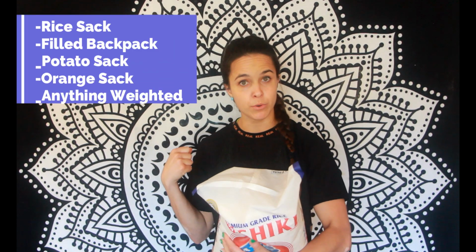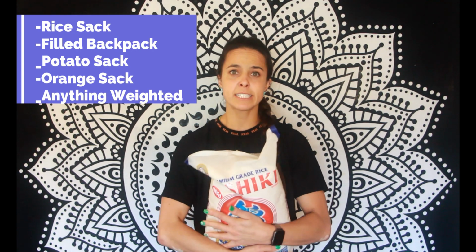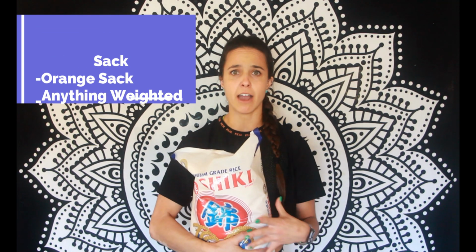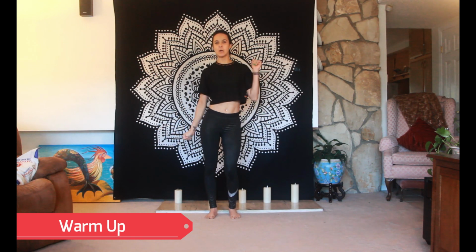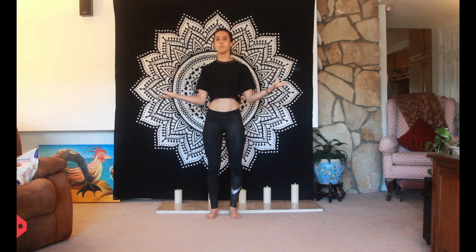bottles. Maybe you have a sack of potatoes or a sack of oranges. Just be creative with what you have in your house that actually is going to weigh something that you could use today. And let's get lifting with that. Time to warm our bodies up so we can get ready to work it out today using any home appliances